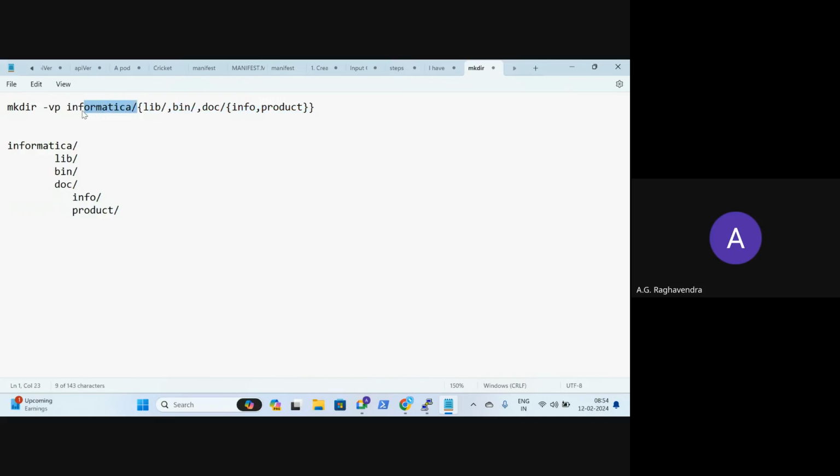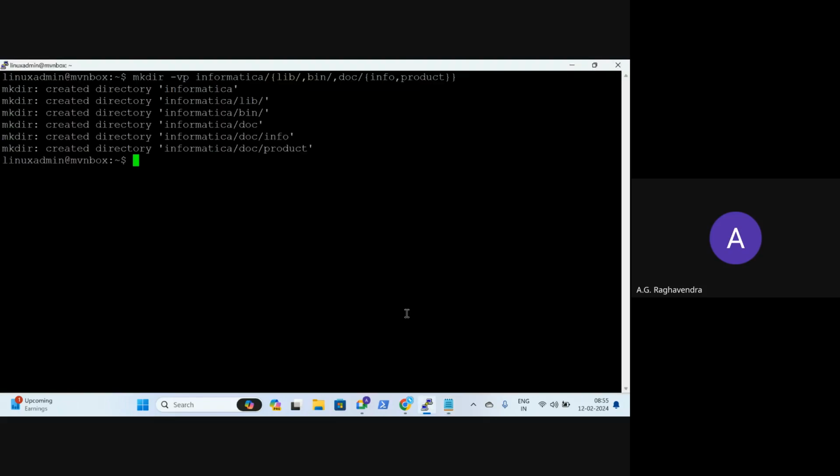It further parses and sees Informatica, so it automatically creates Informatica, lib, bin, because lib and bin are separated by commas and they are within the brace. Did you understand? So this is a subset, and the whole thing is a subset of Informatica. That's what happens there.